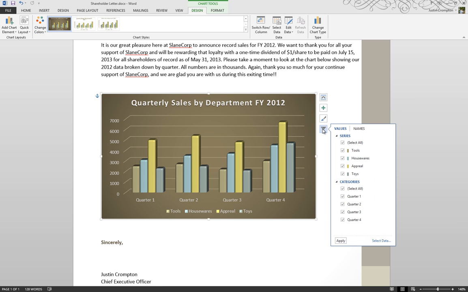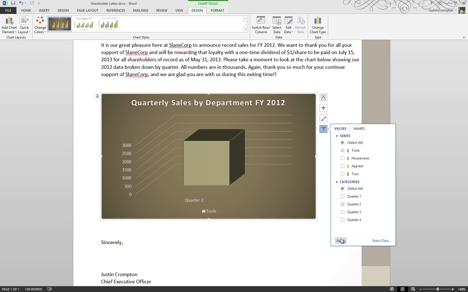Here is the filter. So show me a subset of the data. Only show me the tools. So only show me the tools data for the year, and notice that it dims the other data to highlight the data you have selected. If I actually apply this, only show me tools data for Q2, and apply this, notice now our chart has disappeared down to just Q2